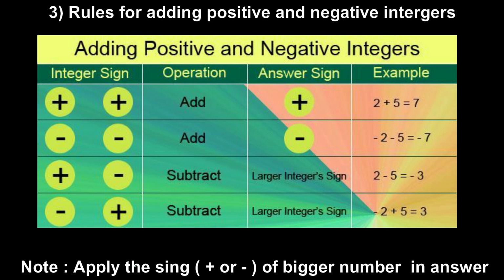When there are 2 different signs, always do the subtraction. Don't look at the center binary operation, that there is a plus in between those two. No, look at the integers and the sign with it. So there is minus 2 plus 5, that is equal to 3, and 3 is having the sign of the bigger number, that is, 5 is the bigger number in those 2 integers and 5 is having a positive sign, so 3 is positive. So this is the key to solve this kind of sum.